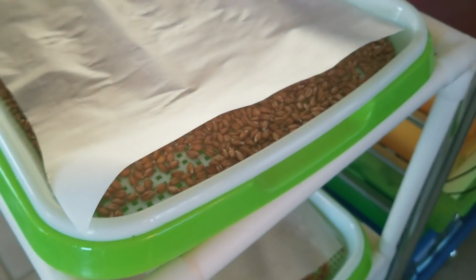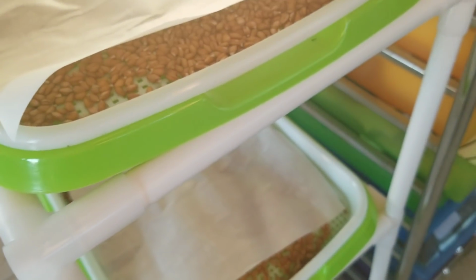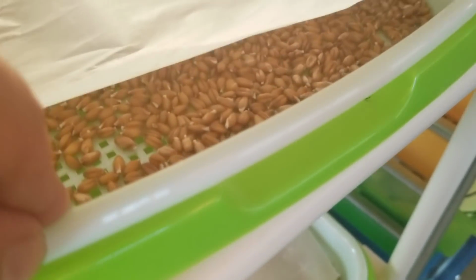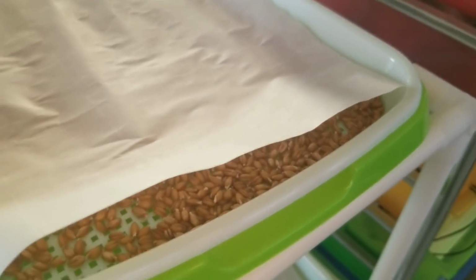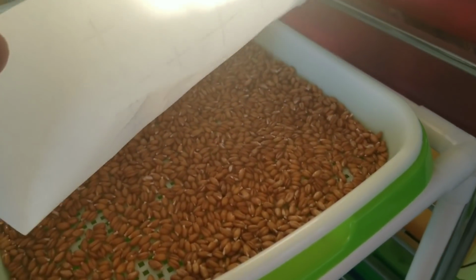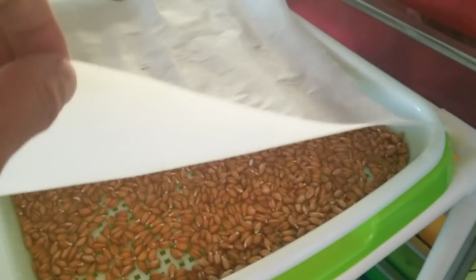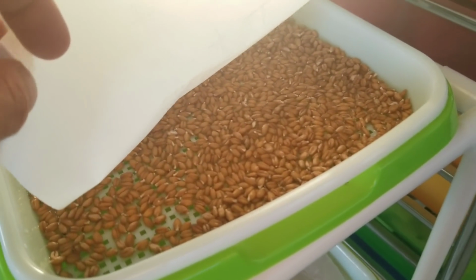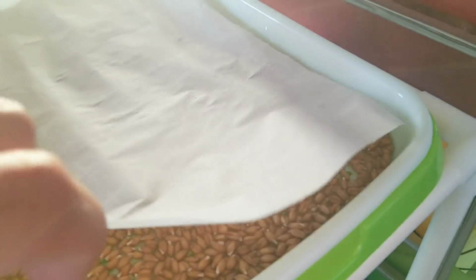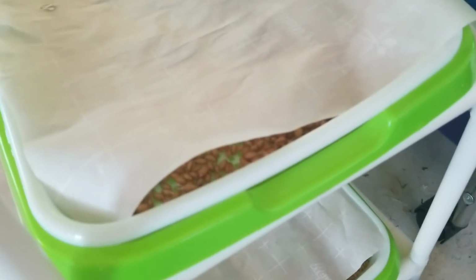Here's one thing that I did realize. The directions say that they want you to put the seeds in the green tray and fill it up with water and let them soak. That's crazy. Spreading them out dry like I did on the top tray and then filling up the trays deep enough for this to submerge, lifting these trays out and just dumping that water out was so much easier, and these things ended up being distributed. When I had to do that with these other ones, the seeds